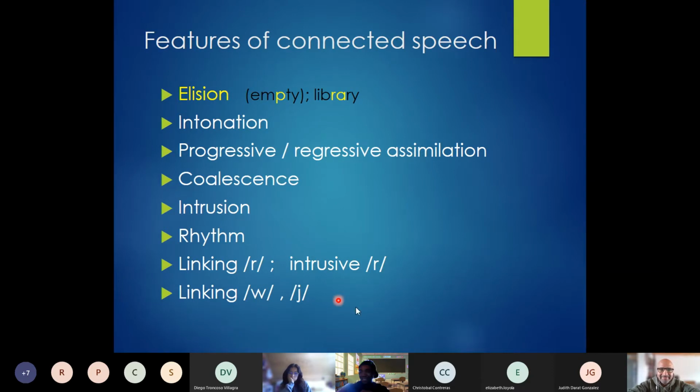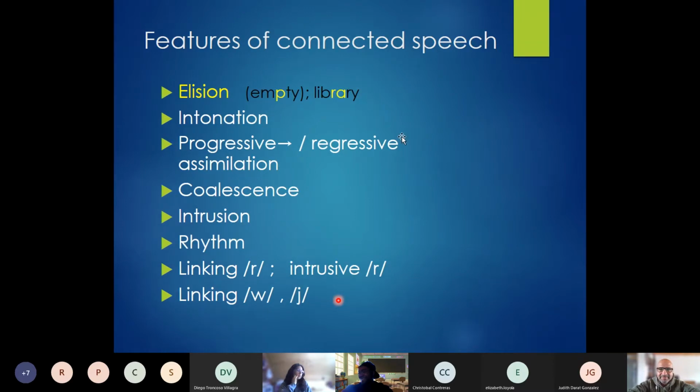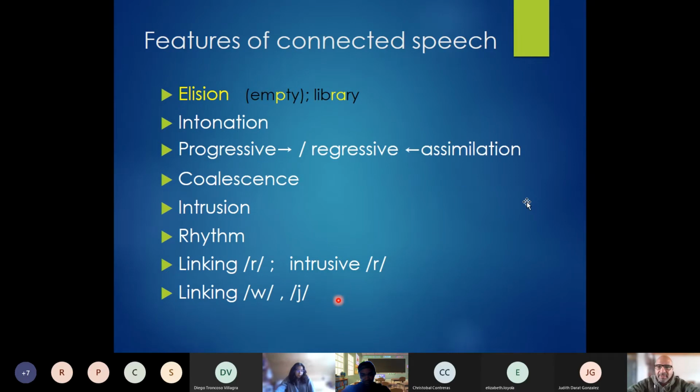But maybe if you give me some pista. That's what I'm looking for, but I can't find it. Yeah, I can give you a clue, but I would prefer that someone in the room, maybe if you know the answer, can contribute also to the conversation. Does anyone have a clue about the difference between progressive and regressive?